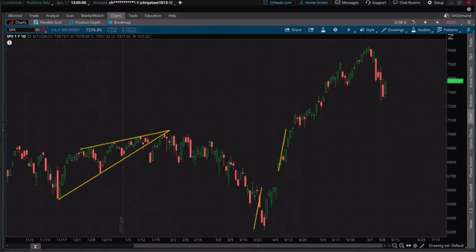But interesting to see is I always like to look at these after we have been going down for a little bit. Can we take out the prior support levels here? Currently, we're above there. We still have about an hour left in the trading day. So that's something definitely to consider here as we look at this. But look at the NDX as well.